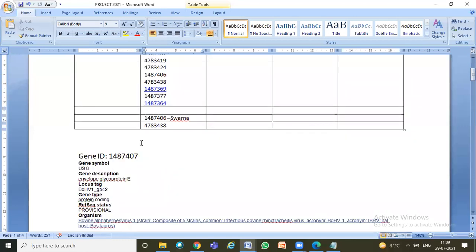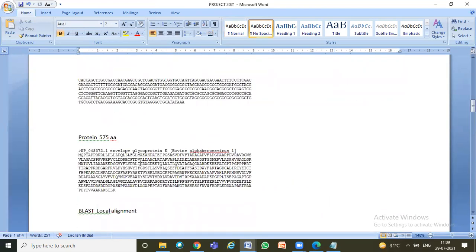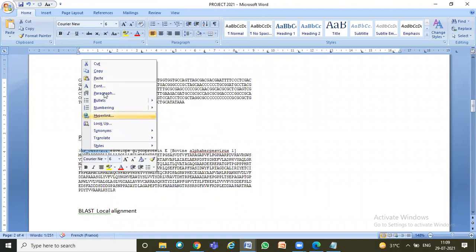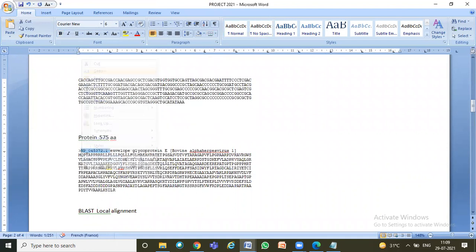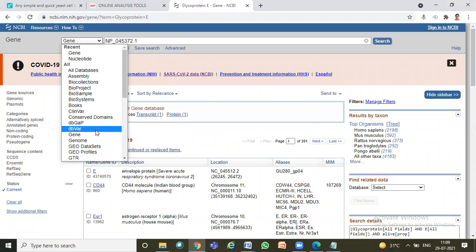Let me go to the accession number directly. If you have copied your accession numbers, then going back and working several times will be very, very easy.